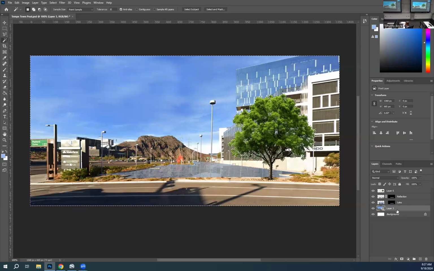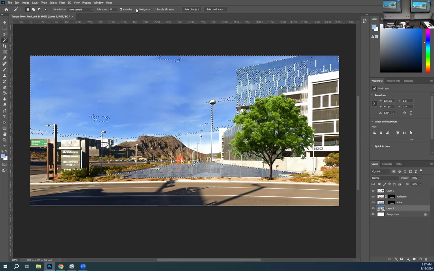I'm going to make sure I'm on layer 3. I was on the tree layer right there, so when I did the Magic Wand tool, it grabbed everything but the tree. Control D is your deselect tool. I use that all the time. I'm going to come back down to layer 3, and I'm going to click on the sky. And because I have contiguous turned off, it's just grabbing all the blues within a certain range, similar to whatever